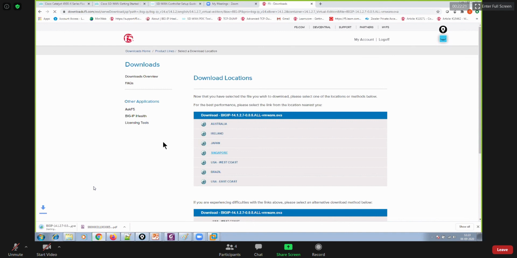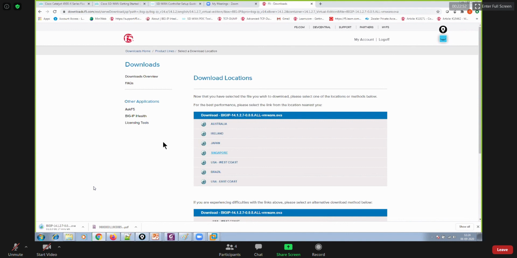And from this account itself, you could also apply for the license. But I would request you, Arjun, to create your account and download this OVA file if you want to. Don't apply for the license, because I will tell you how to apply for the license. Once you create your account, it will also ask you to apply for the registration keys, but don't apply for that. Just download this OVA file, okay?